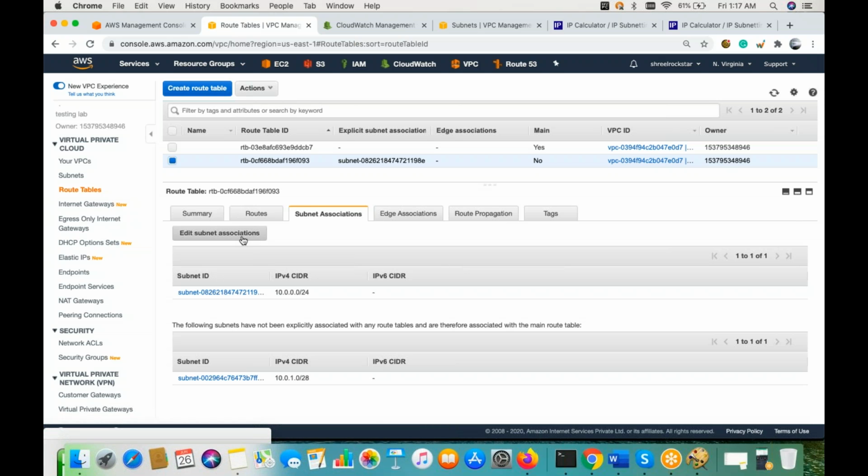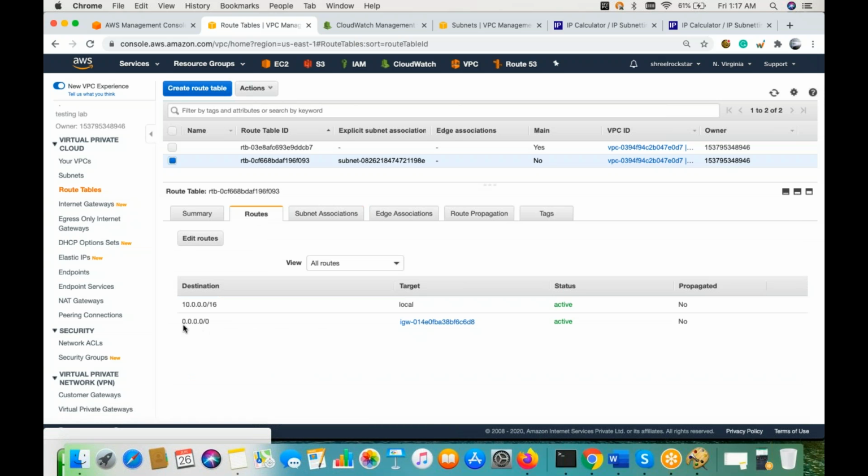If you look at the subnet association, there is one route added by default, 0.0.0.0/0. Just try to understand the difference, guys. If any request goes through our subnet, we created two, right? One is by default and one we just created manually.